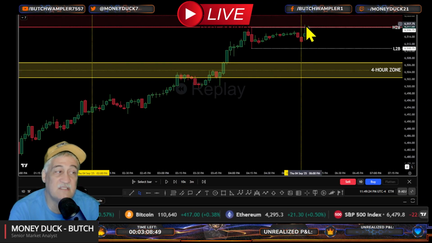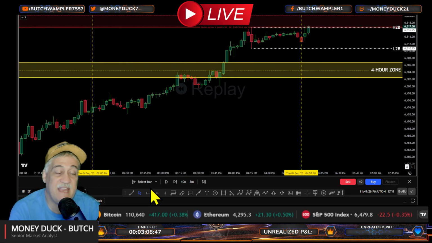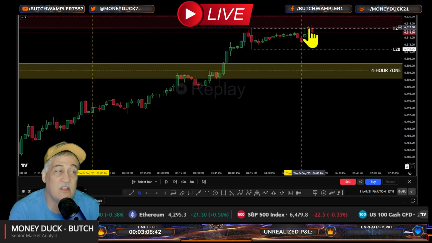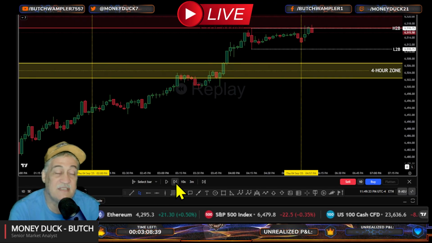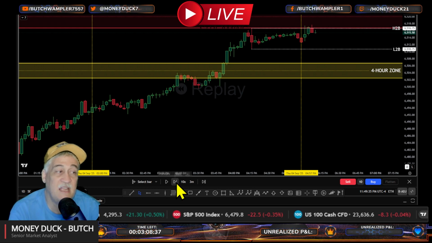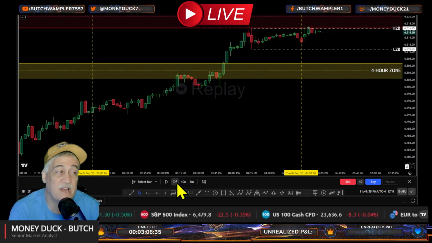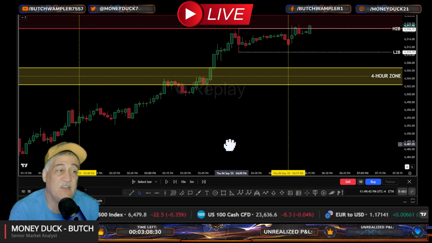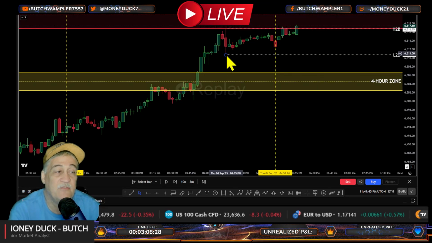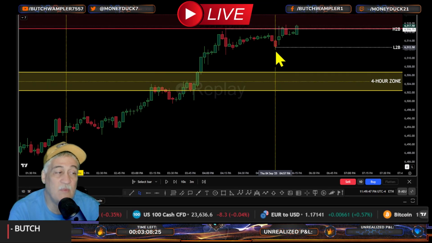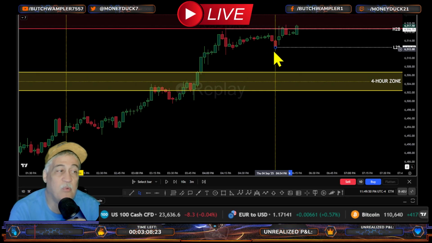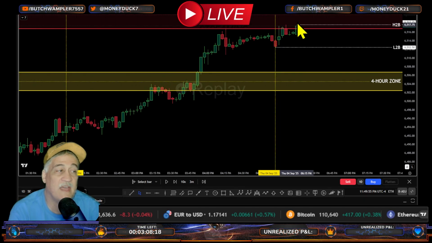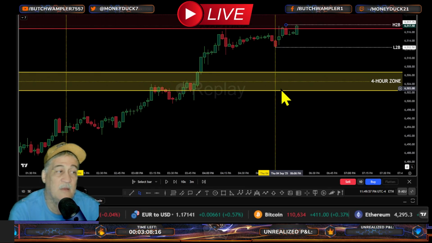What we're looking for is a candle to close. I don't like the wicks just wicking through. I want to see candles close above that line, and not just barely close above the line like this one. I want to see a little bit of momentum there. I want to see it pop through. Okay, we're not getting that. So I'm ticking over candle by candle. That one we could say, okay, we have a new high. And if that's our new high, then we take our low and we move it up one. That's it. That's all we're doing. We're moving it up one. Now, if we call that our high, we can move it up to that level.